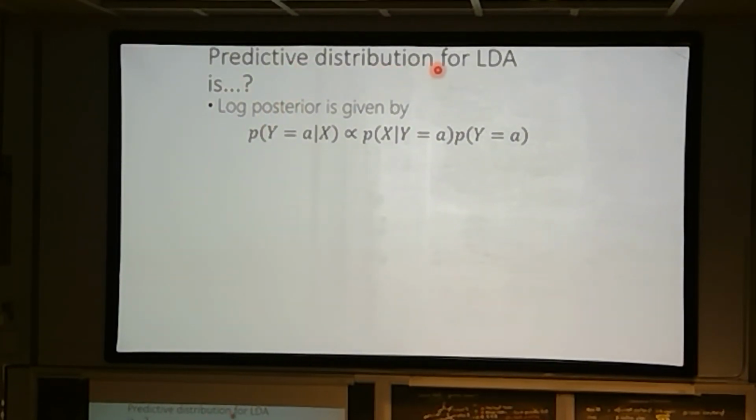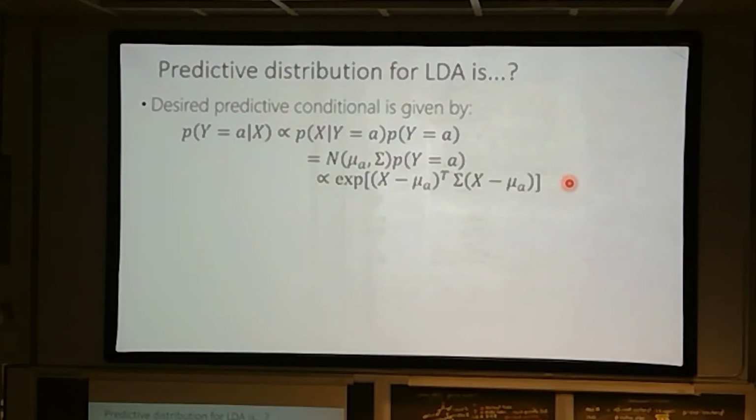What does the predictive distribution for linear discriminant analysis look like? So far I've talked about what the Gaussians look like, how we estimate them, and, depending on how I make choices for the covariance, what the decision boundary looks like. But I haven't gone through what the model looks like when I use it as a discriminative model, even though it's a generative model. That is, I use Bayes' rule to compute this after having estimated these quantities. Sorry, it's jumping around a bit. This is the same line.